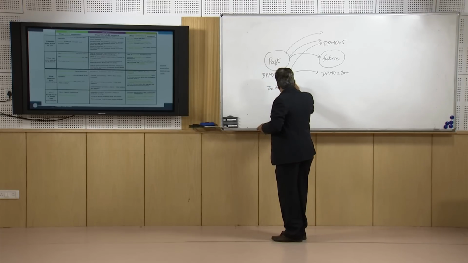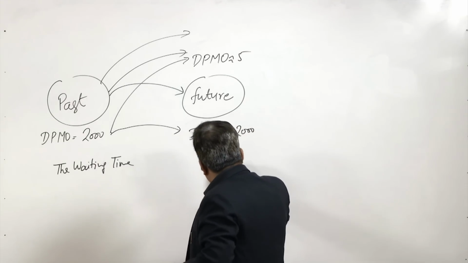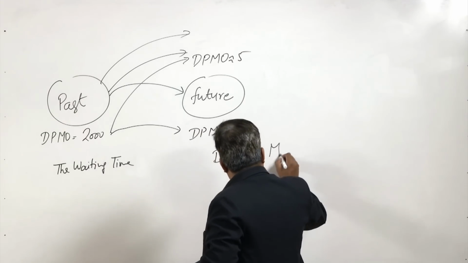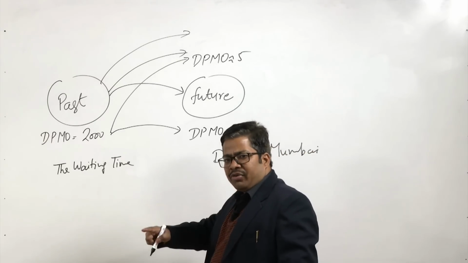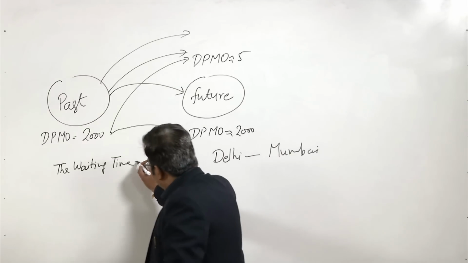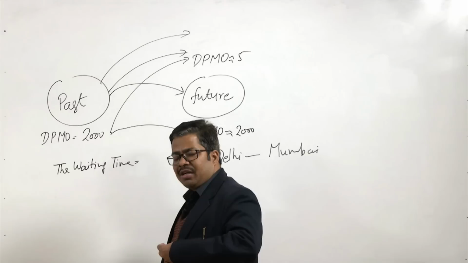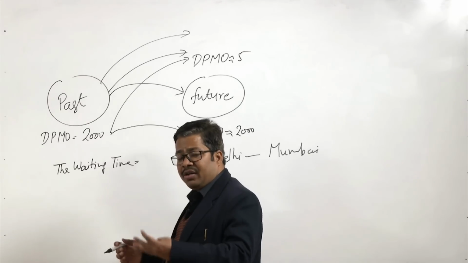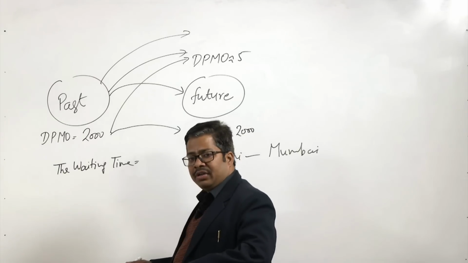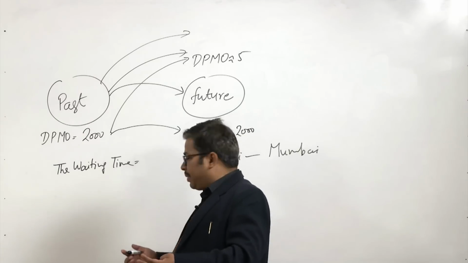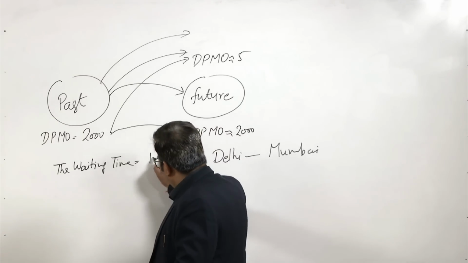If my truck is moving from Delhi to Mumbai, now in movement from Delhi to Mumbai, how much waiting time is my truck incurring? Because there may be traffic jams, there may be some kind of toll system, there may be accidents, some kind of unpredicted incidents also, and all those things may count for 1.5 days